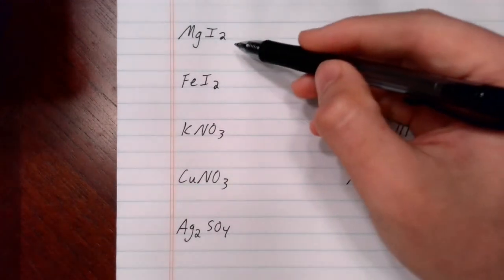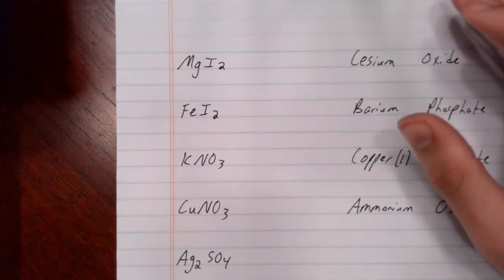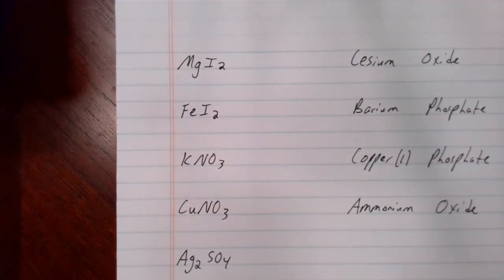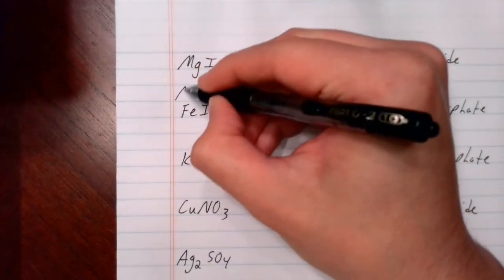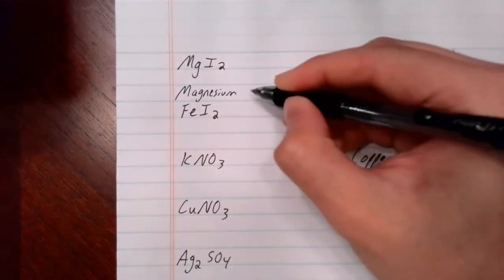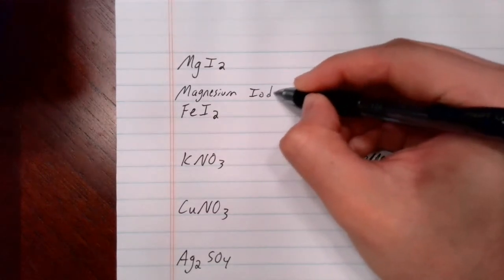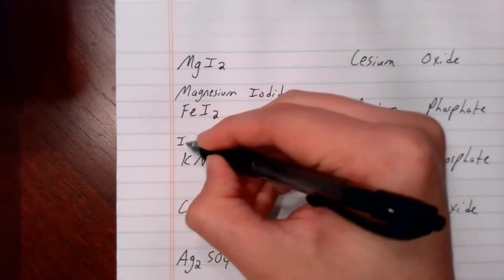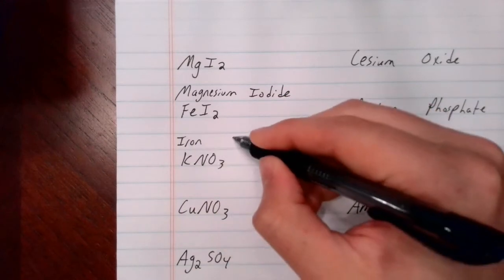Okay, so the first is a binary compound. Okay, is there an atom with a variable charge here? No. I can go to the periodic table and find magnesium's charge. I can find iodine's charge. So nothing weird is going on here. So I just name the metal, magnesium, change the nonmetal to IDE, iodide. Okay. Second one, same thing. I name the metal, change the ending to IDE for the nonmetal,